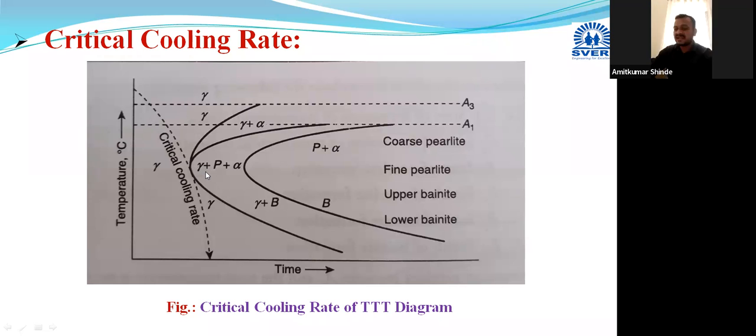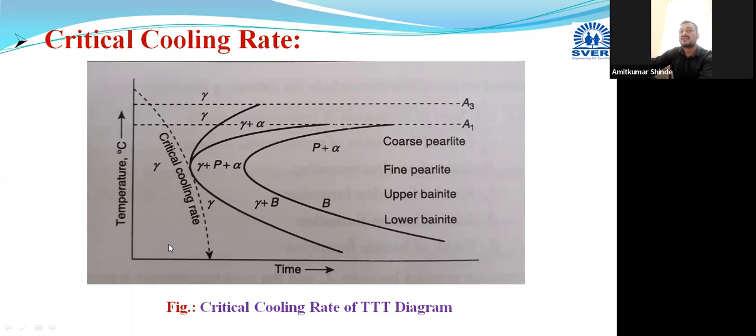Austenite gives three transformation products, that is pearlite, bainite, and martensite. Out of these three, pearlite and bainite are formed due to diffusion of carbon. The third product of austenite, that is martensite, is diffusionless. It occurs due to a shear mechanism. Hence the curve which just suppresses the diffusion transformation is termed the critical cooling rate. This critical cooling rate is very useful in heat treatment processes like hardening that we are going to discuss